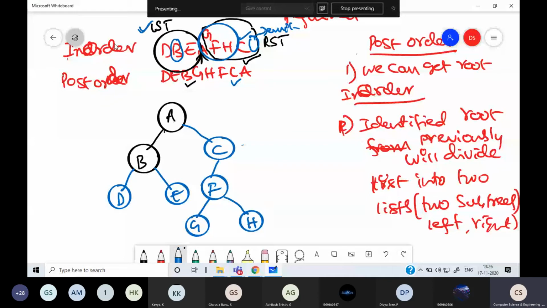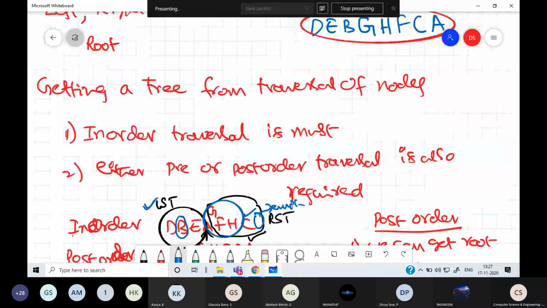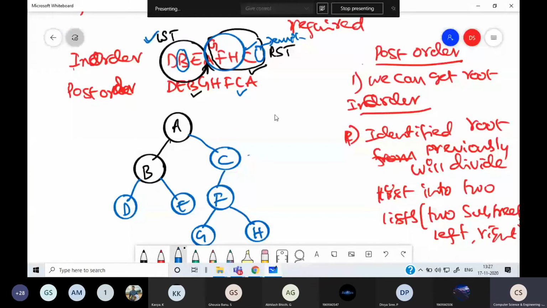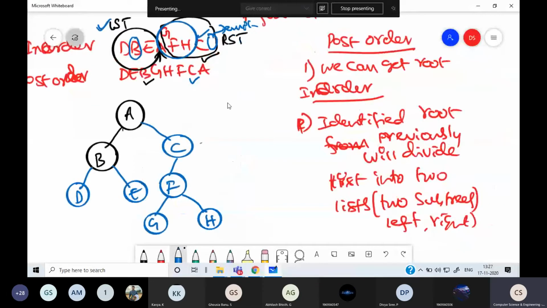So this is how we get it. We check whether we are getting the same tree that we saw in the beginning. So there is the same A, B, C, D, E, F, G, H. So we are getting the same tree. This is how we have to proceed.